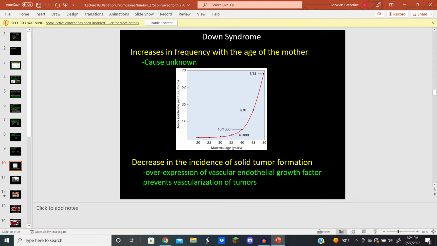But what that means is that the older that oocyte is, the less likely it is to have properly functioning centrosomes, which results in a failure of kinetochores to link up with microtubules, right, and non-disjunction. So it's really common for older women. This is basically just Down syndrome per 1,000 births, and you can see as the maternal age increases quite a bit. One of the things that I think is understudied is the paternal